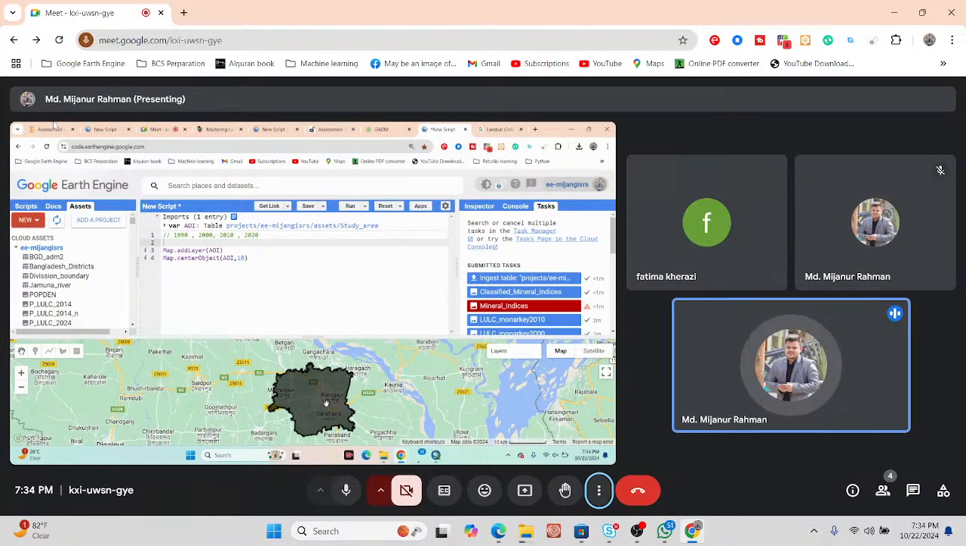So at this time we have to create the annual composite. For the annual composite, we need the annual image collection. So for that, first of all, we try to make some